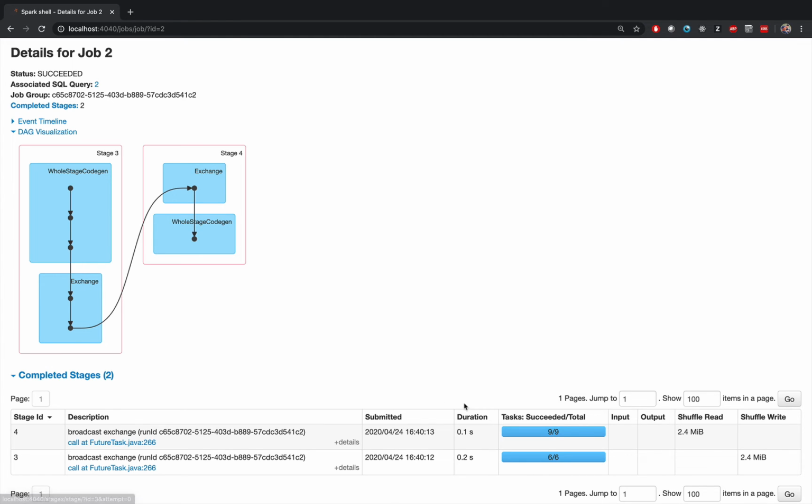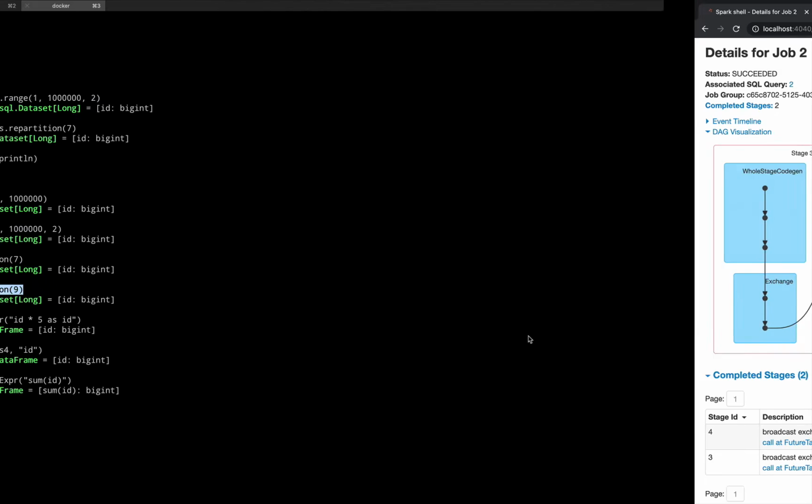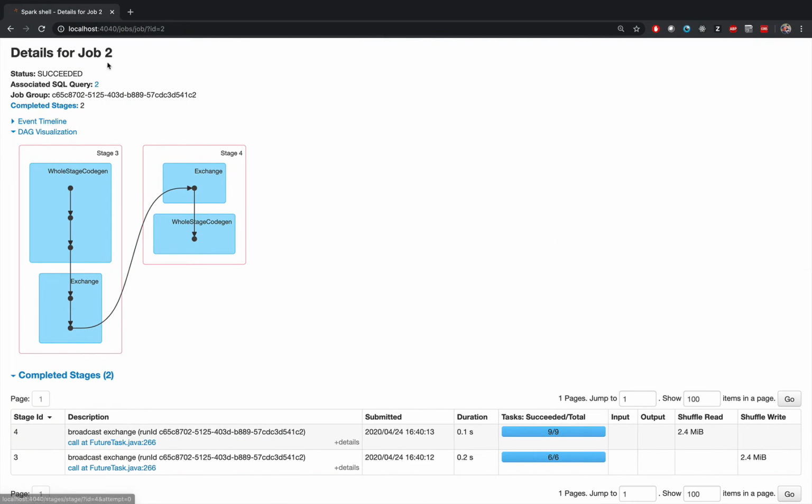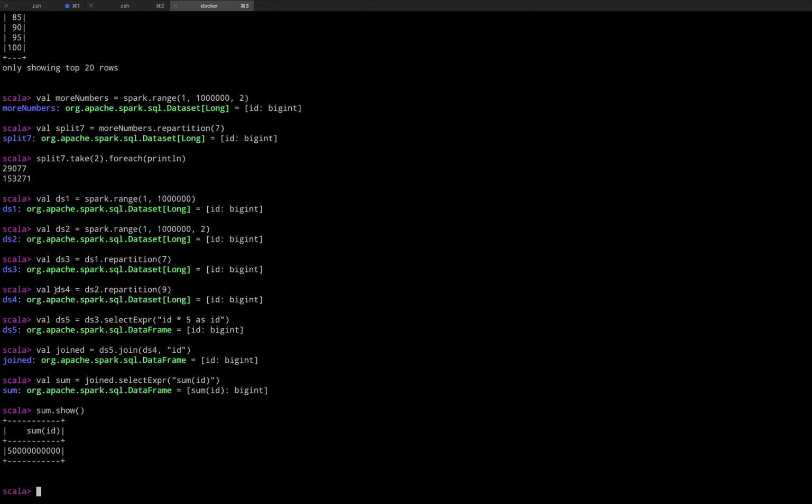How did I tell that? Well, I take a look at the tasks column over here in the table below, and we notice that we have 9 tasks in stage number 4, which is the last stage over here. And because I see 9 here, I know that Spark does a single task per partition. And because we have 9 tasks, it means that this data set has 9 partitions. And the data set that I forcefully repartitioned into 9 is this DS4 that I wrote here on screen. So this is how I know that the details for job 2 is actually collecting all the contents of DS4